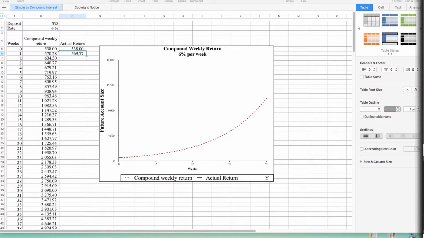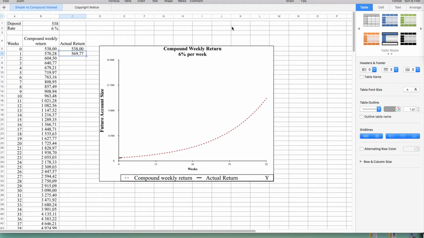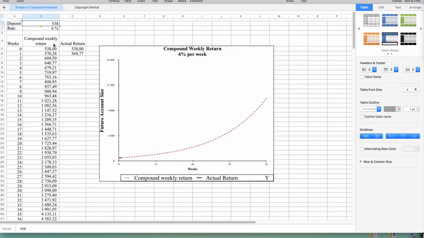Hello and welcome to my weekly analysis on the $500 challenge trading account, where we go through the results of previous week's trading. Let's first start with our weekly return template. Our initial deposit was 538.1, actually. It's here in the first column, and then first week's return was 569.77, and now this week is